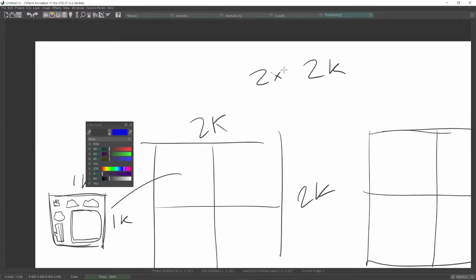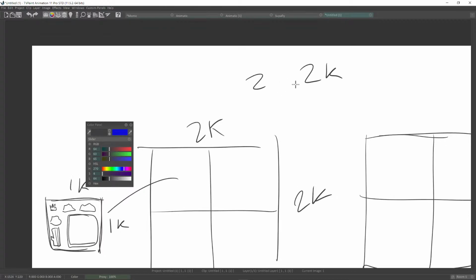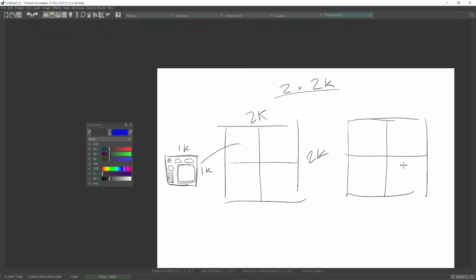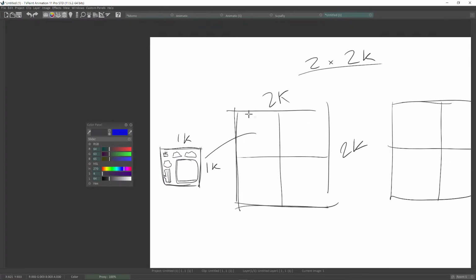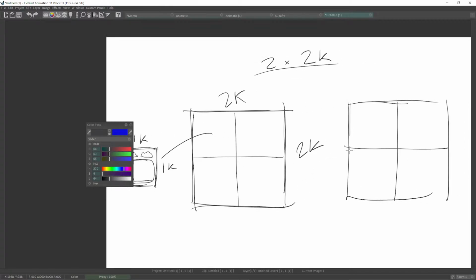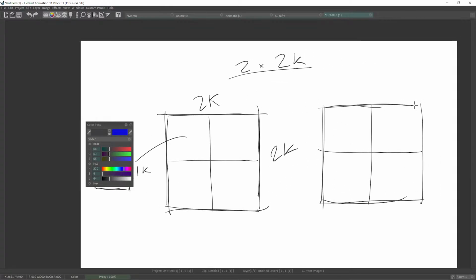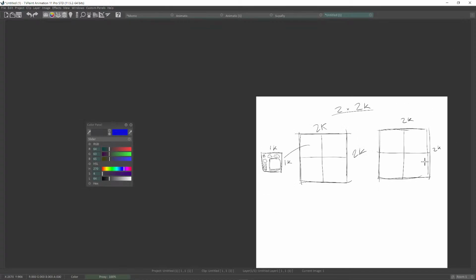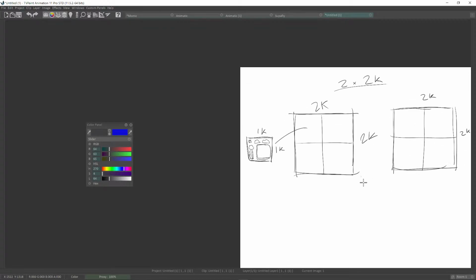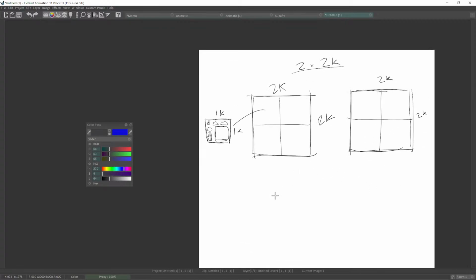2 times 2K. All right, so you have quite a lot of budget to work with. And if you plan it properly, strategically, you can absolutely get a ton of good details and texture usage this way. Okay, so you can use this however you want. You can do one, if you want, you can do 1 2K